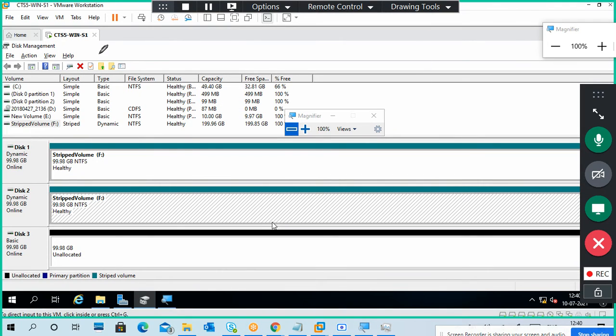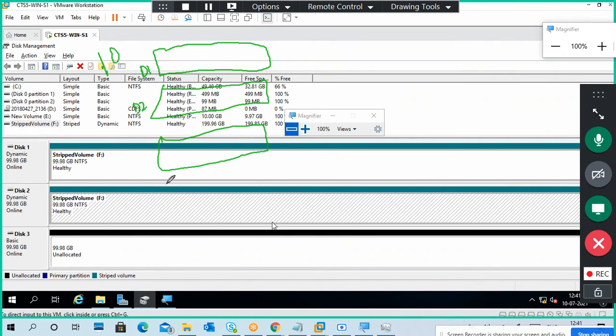RAID 10, yeah, that's a very good question. So this is one striped volume. For example, this is disk 1 and this is disk 2, and I make it a single volume, right? And this is another one, disk 3 and disk 4.